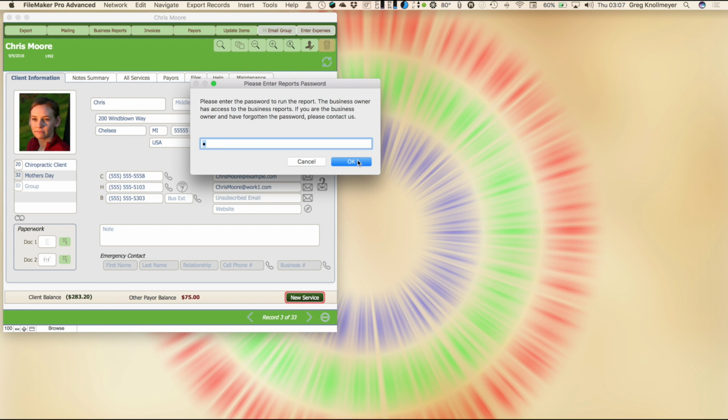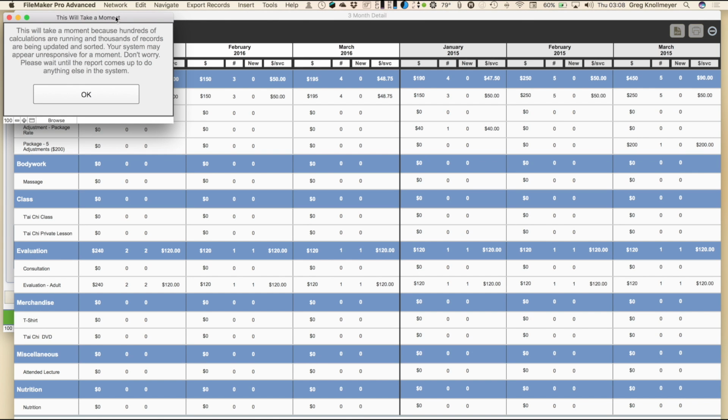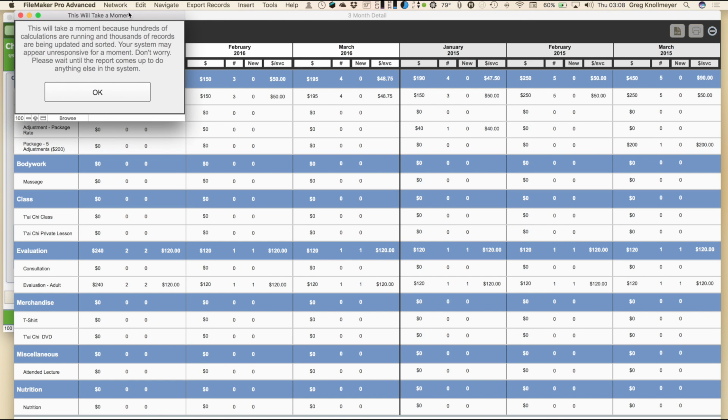Again, we'll be prompted for a password. And again, on this system, it ran very quickly. I have a computer that's 4 years old, but it's a pretty good computer, and there's not a ton of data. But again, if you have a very old computer or you're crunching through hundreds of thousands of records, it might